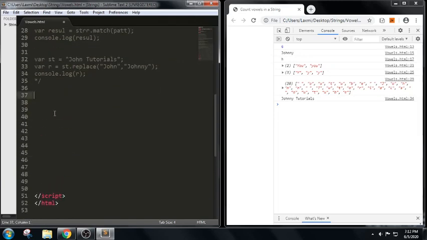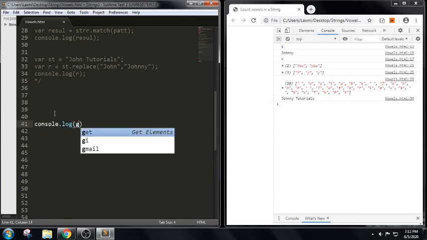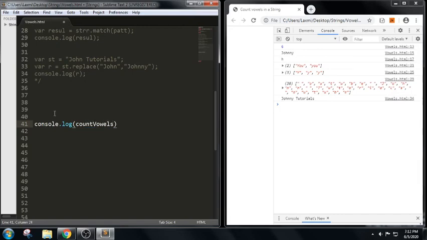Now let us solve this. Let me take a function and write console.log, count vowels, and here A B C D E F G H I J K L M N O P. So I have written a list of letters as a string.